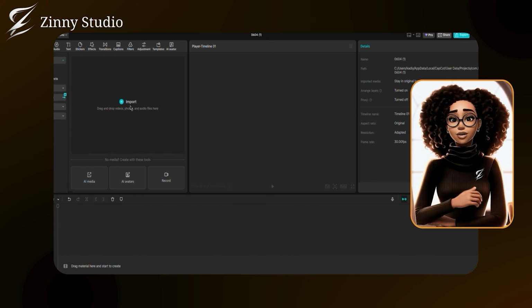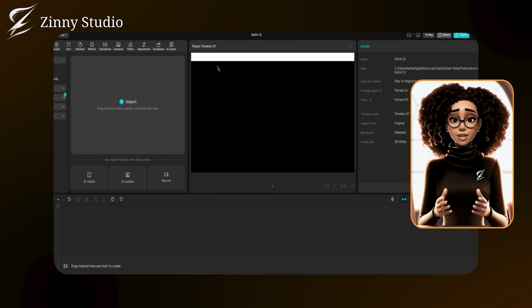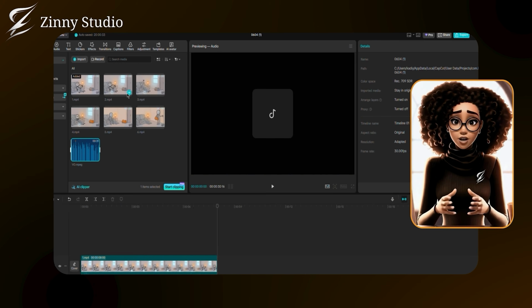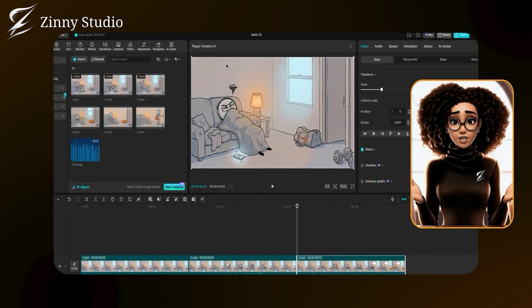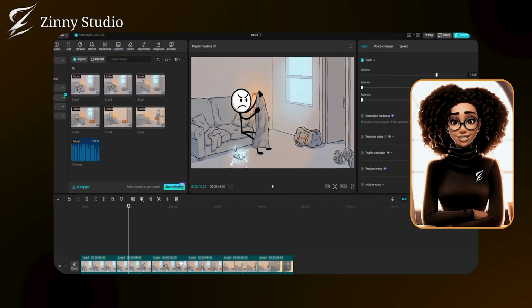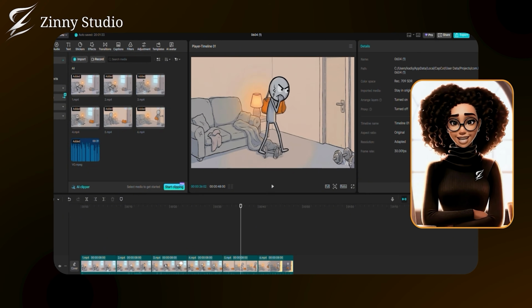I edit in CapCut, which is free. Once you're in, import all your clips, drop them onto the timeline in order, clip 1 through clip 6. Then drop the ElevenLabs narration on the audio track underneath and line it up with the action. And because every clip shares a frame with the next one, look at how continuous it is. Let's check the whole thing once, play it through, and